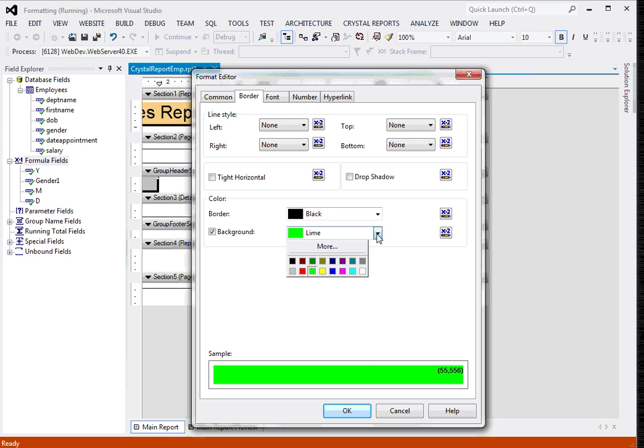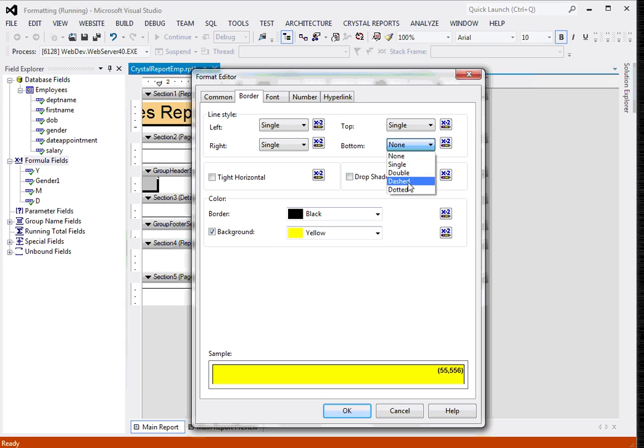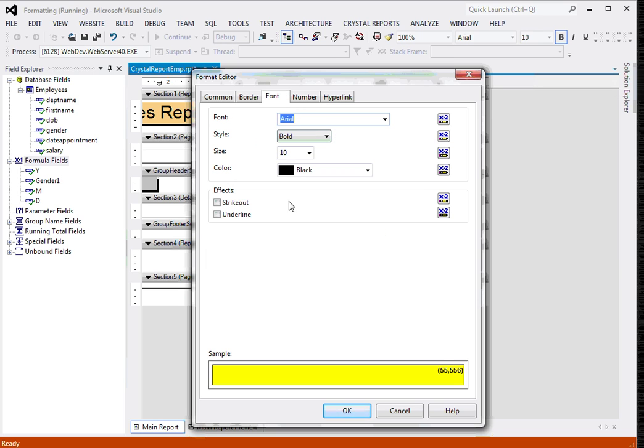Oh, it's not good, say yellow. Okay, yellow is fine. And what about the border? Say you want this left border and right border, top, bottom. Okay, and check if it is in bold. Alright, okay,